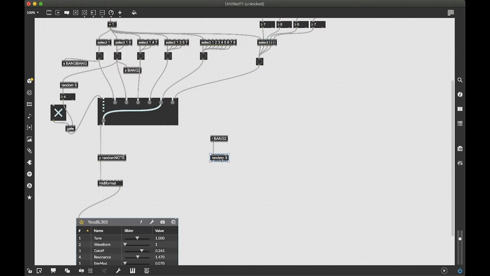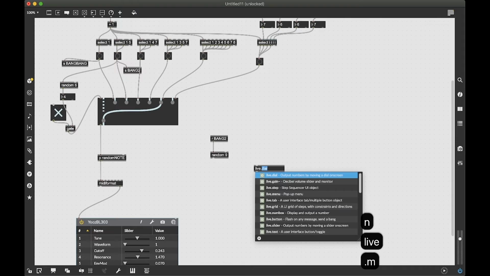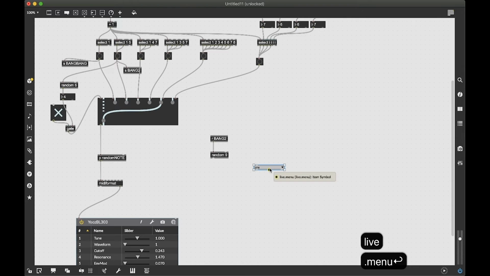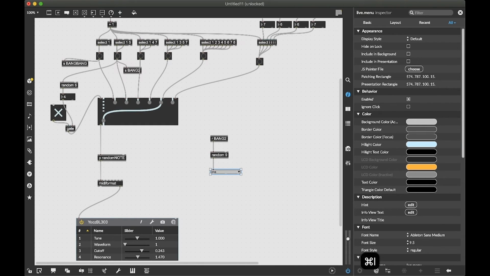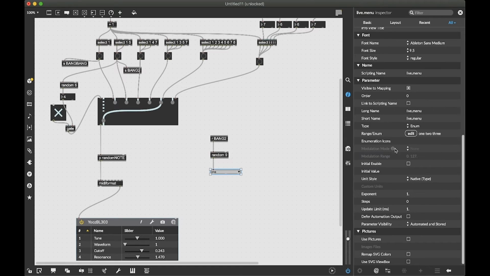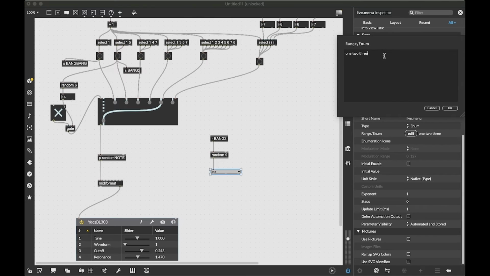And what I'm going to do now, I'm going to create a new object, which is the live.menu, that will allow me to store different information here and trigger them. I will go into the inspector for this object and change this to edit the range here, and perhaps put